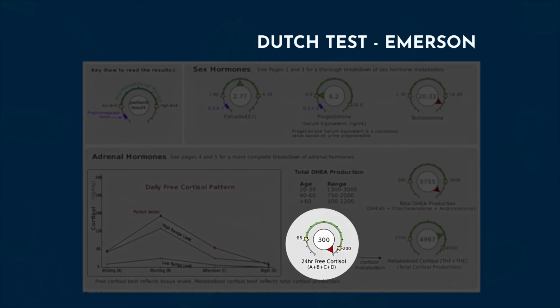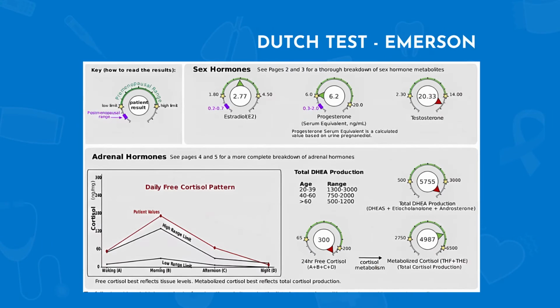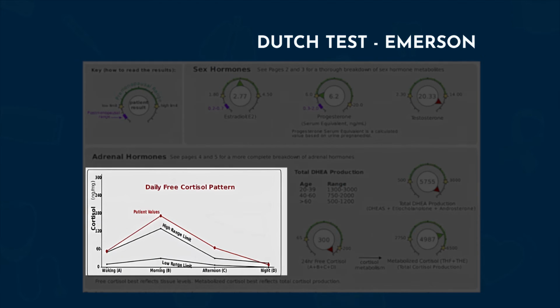And the nice thing about the Dutch is it's a 4-point test. The problem with taking a cortisol blood draw or a spit test once in the day is we don't really know what it's doing. Cortisol is a diurnal hormone. It's a rising and falling hormone. And so we need several points in the day. Dutch is a dried urine test where you're just peeing on these strips of paper throughout the day. And it's really nice because it's a very easy way for us to measure and track the cortisol throughout the day. And we can see for this patient, it's high at every point almost, right? Well, waking up, we're still on the high end, and then it shoots up, and then it's still high in the afternoon. And then at night, finally, it goes back into normal range.